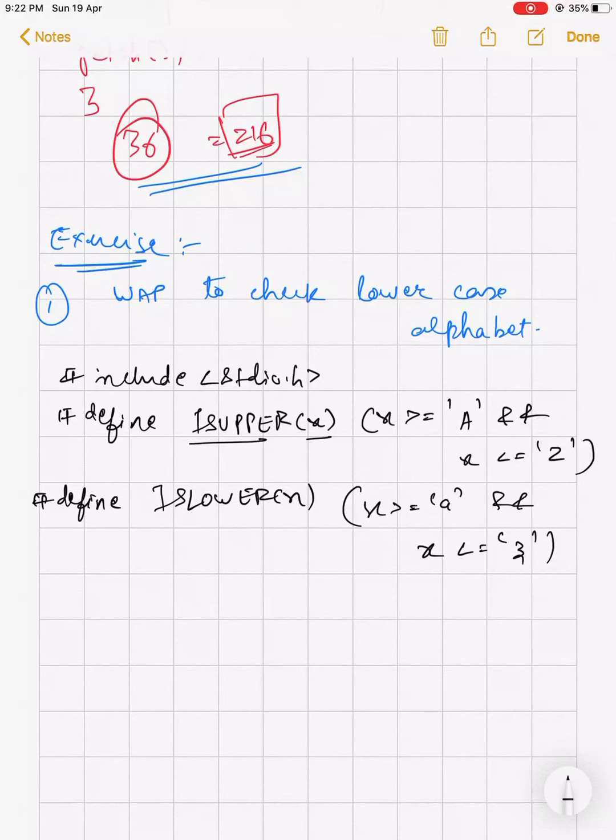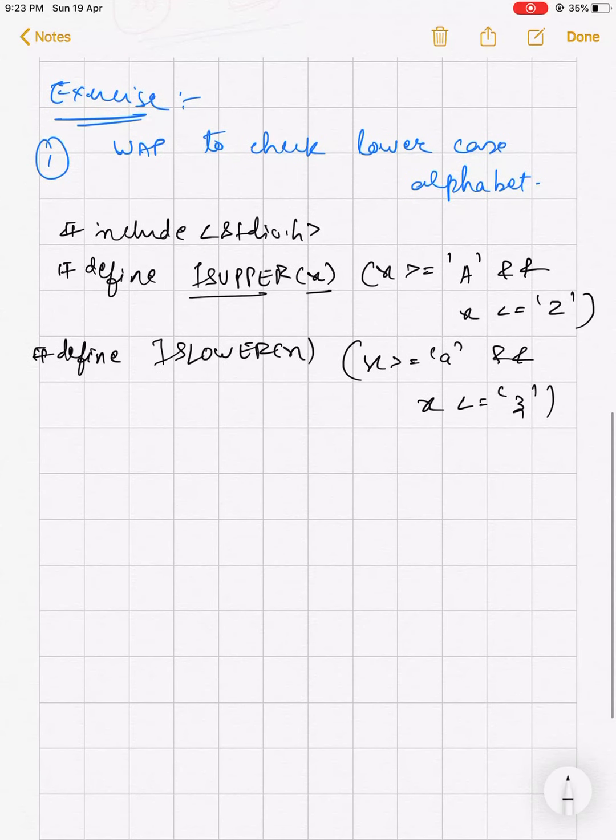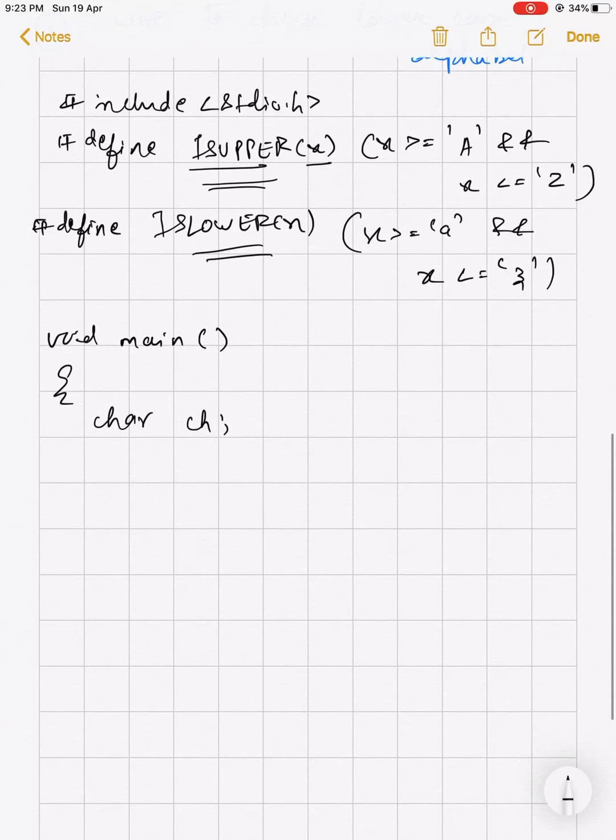That is upper and lower. Okay, but in the program they have asked just for the lower case, but I am doing for both the cases. Then I am writing the main program, void main. So this is already pre-processed, so wherever I am using this kind of identifier, it will be processed before the compiler reaches to the getch. That is why it is known as C preprocessor. You also try this program in your own compiler. If any problem, then please let me know.